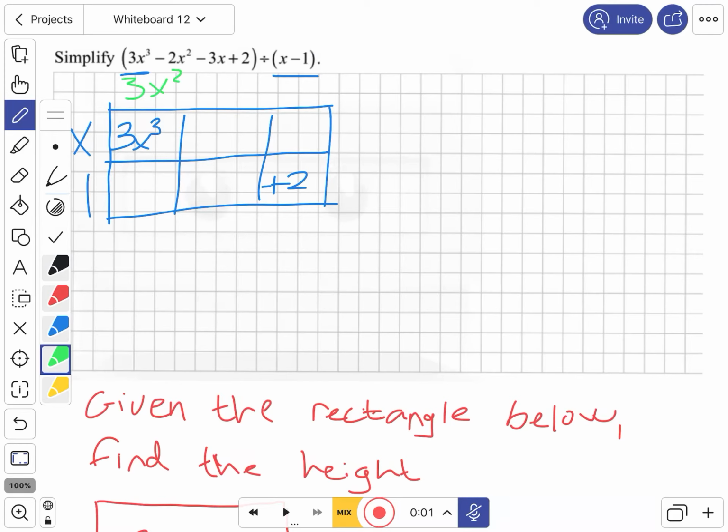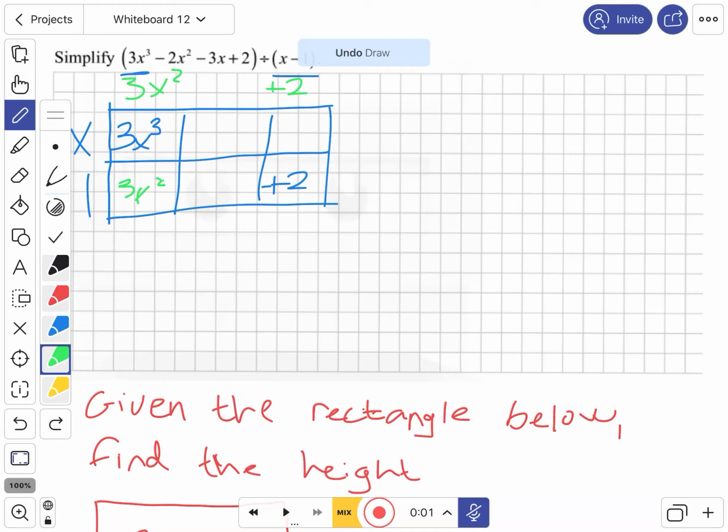Right, into the box then, I will have 1 multiplied by 3 to go into this box here. So 1 multiplied by 3x is going to give me 3x squared. Okay. The next thing that I can find then is what goes on the top here. So to find what goes on the top there, I'm going to say that 1 over on the left hand side multiplies by whatever goes on top to give me that plus 2. So that must have been a 2 then that went on the top here. And a plus 2 because my answer is 1 by 2 gives me a plus 2 inside in that bottom